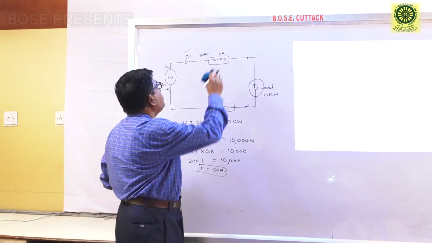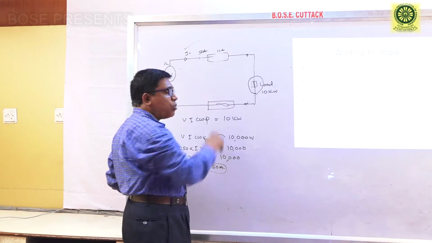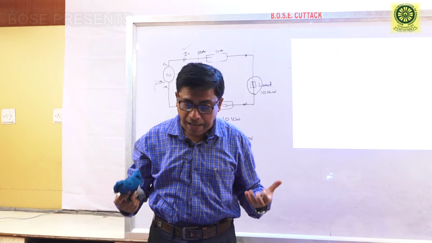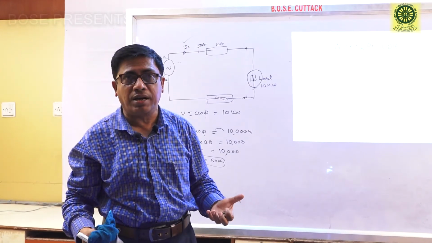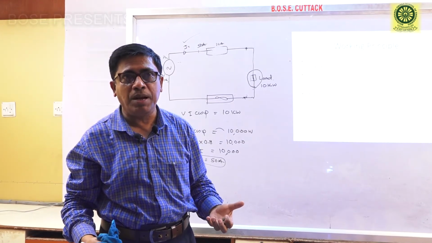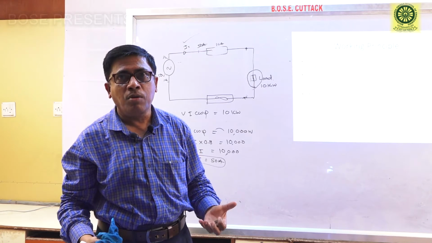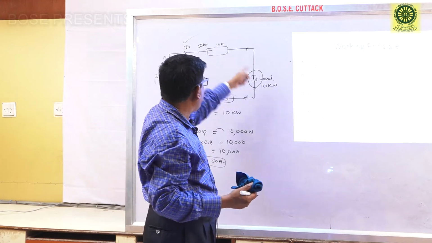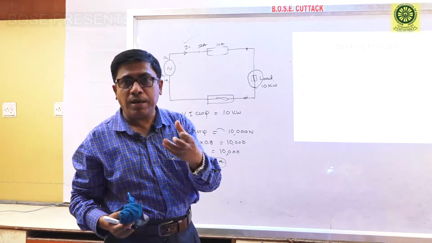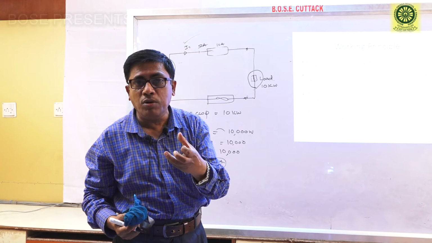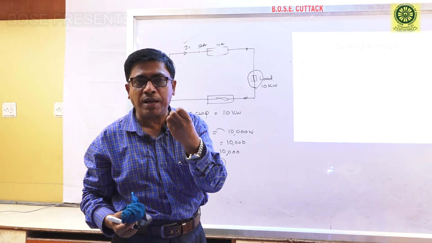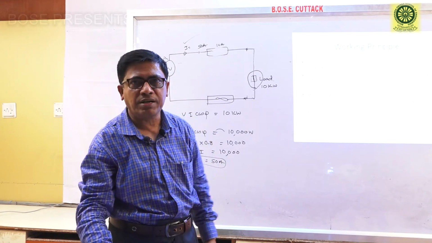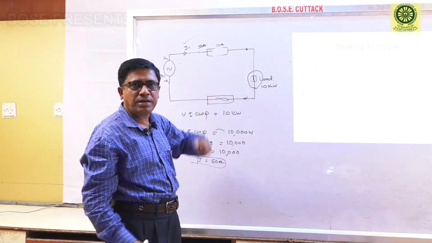So what is the difference between a load of 15 ampere and 50 ampere? The time taken to melt or disconnect the fuse element for 15 ampere is high. For example, if the load is 50 ampere, the time taken by the fuse element to break the circuit will be minimum. Within a fraction of a second, it may be 5 seconds, it may be 4 seconds, it will be disconnected.